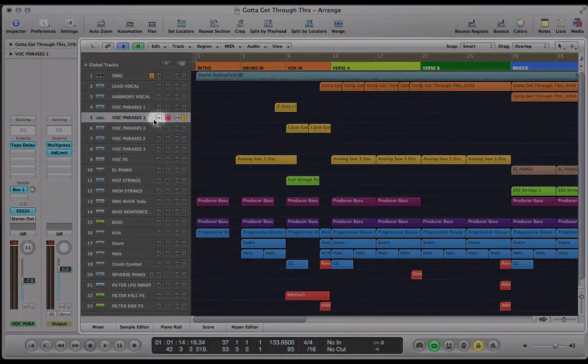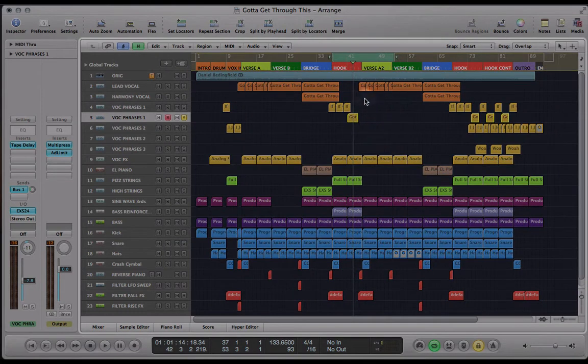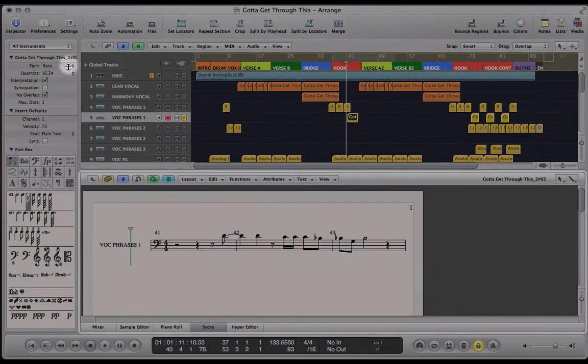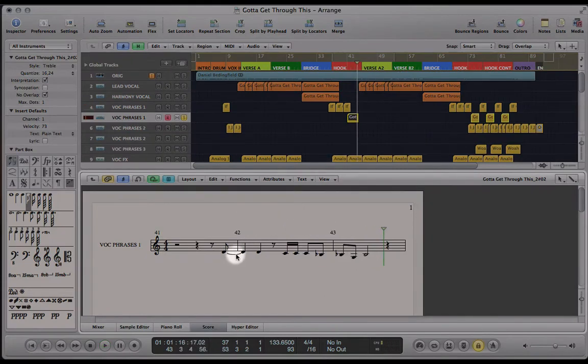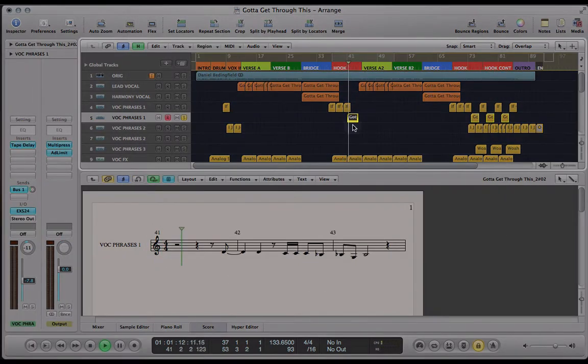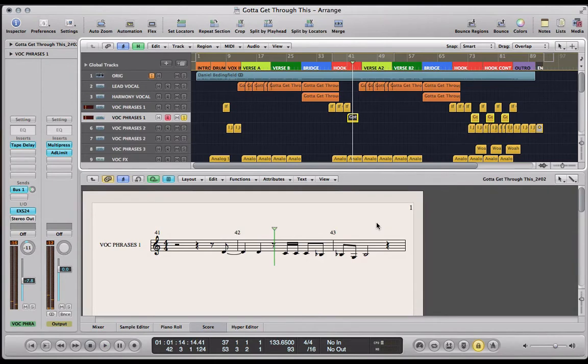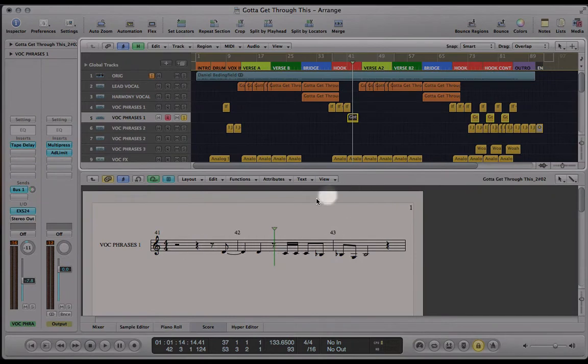Second one of these little ad-libs comes in for the first time during this hook section at about bar 41. Let's have a look at that one on the score, and let's put it in treble clef. Okay, so you can hear on these Ds, these 2 Ds here, there's a little pitch bend flick. I just did that with pitch bend. This one is a 3-bar region, but most of bar 41 is empty. Just this last quaver, it's like an upbeat really to bar 42.